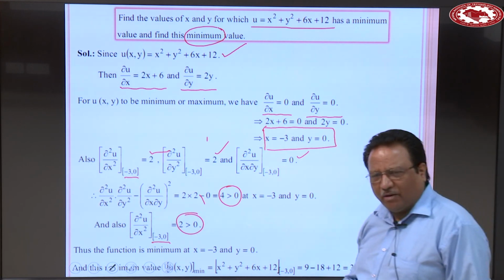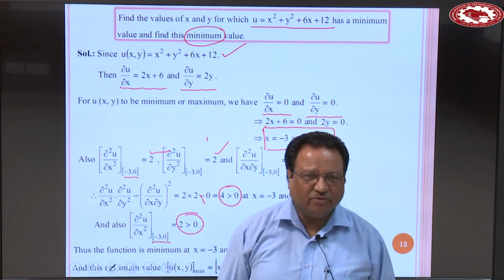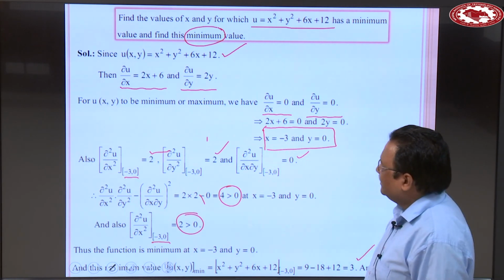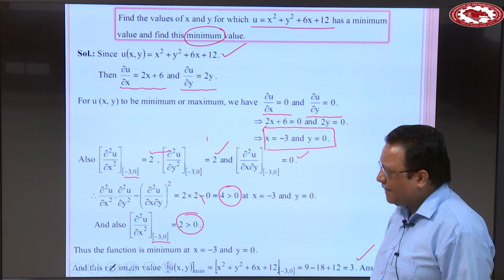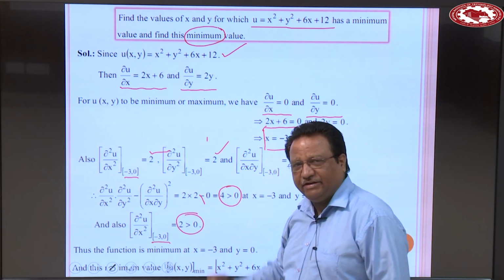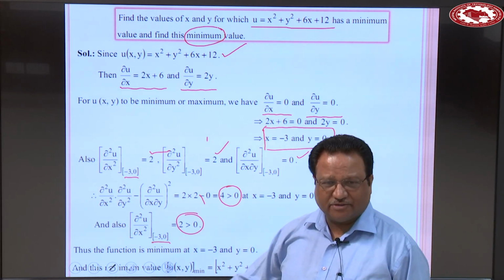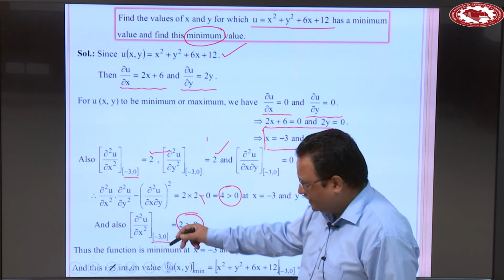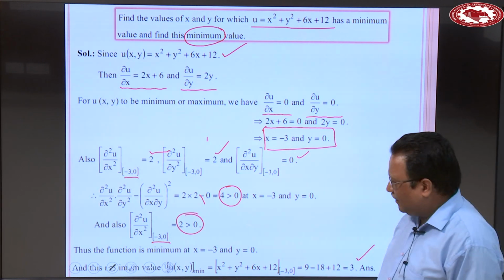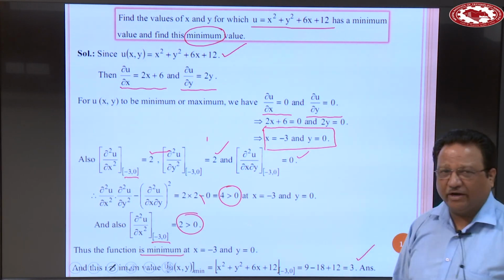So, in these types of problems, read the statement carefully. We have given u, then calculate ux and uy, okay. Then calculate the values of x and y, and calculate the values of r, s, t and substitute in this expression and check whether we have a saddle point or maxima or minima. Then finally, see the sign of this r. Okay. So, if r is greater than 0, then the function is minimum at that point. Okay.